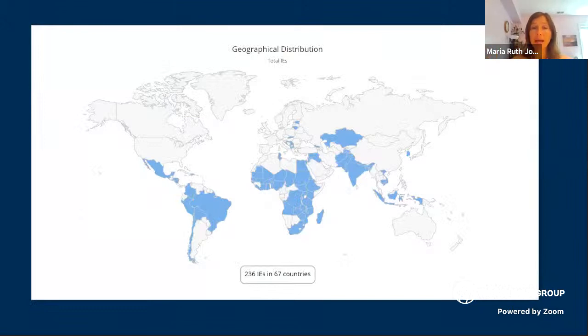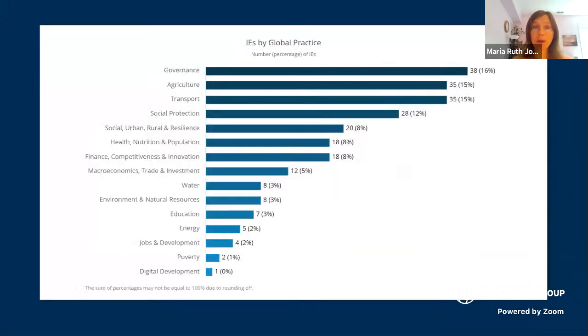And DIME has a portfolio that's across multiple regions. As you'll see from the map here, we have ongoing impact evaluations in 67 countries. Those are mostly in sub-Saharan Africa and Latin America, although there's also representation from South Asia and Europe and Central Asia and a few other regions as well. So quite a broad coverage geographically